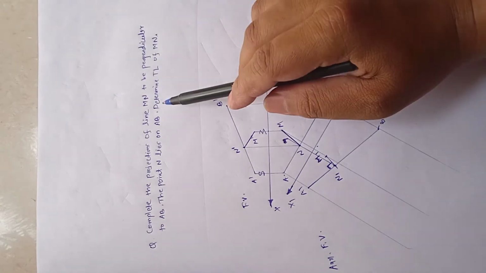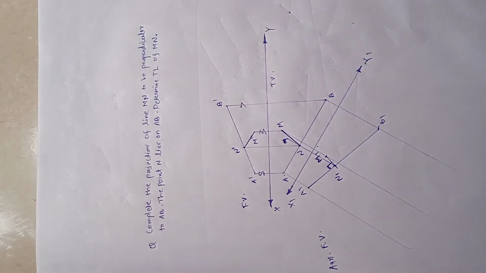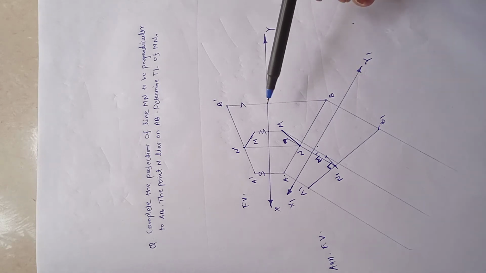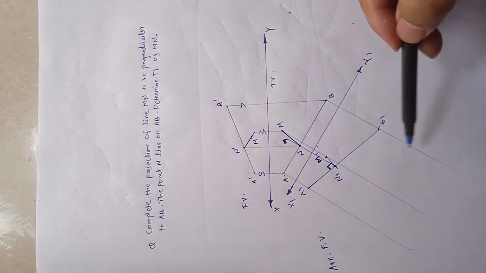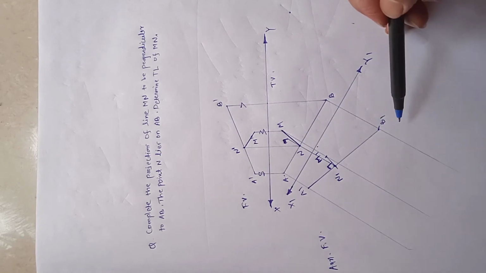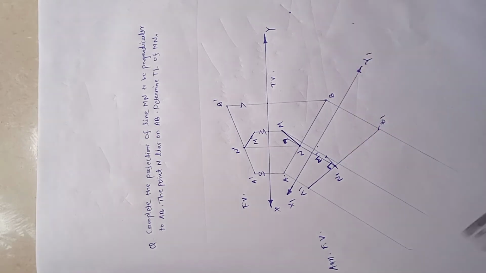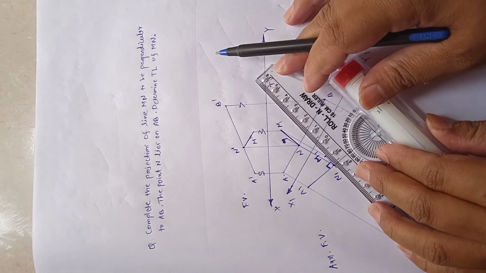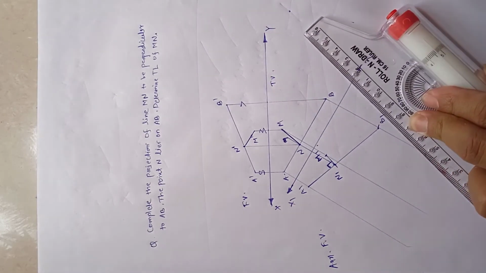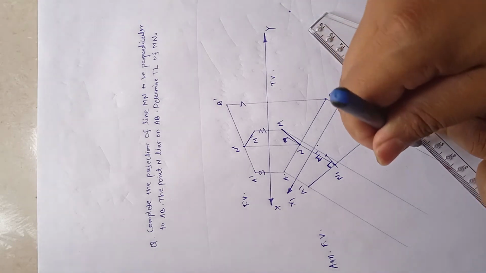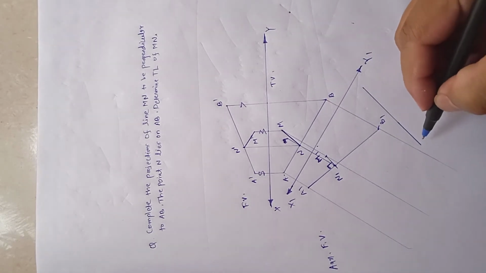Now what is asked? Determine the true length of MN. How can we find the true length of MN? We have to take an auxiliary plane parallel to line MN. Anywhere we can do that, and we have to transfer distances. Now I will take the plane here at the auxiliary front view. So this is the M1 N1 line. Make your scale parallel to this M1 N1 line and draw a plane. So this is another plane